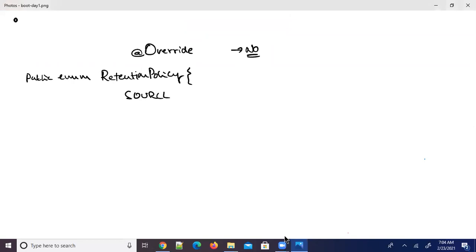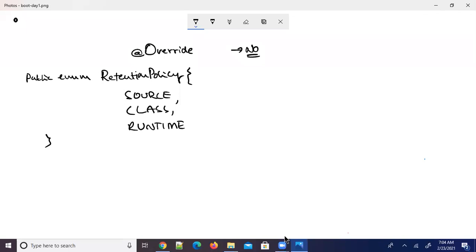Source, class, runtime. Source indicates the annotation is discarded by the compiler, meaning it is visible in the source code, but no need to enter into the class file.